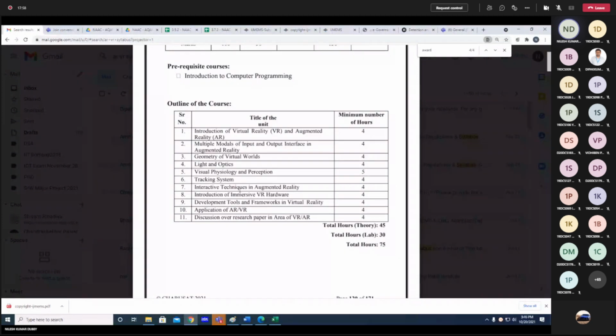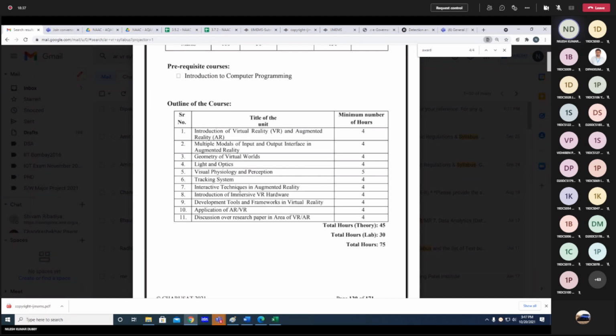Okay, so this subject is fully based on the development field, that is, how we can develop a 3D world. In theory we will learn the mathematical side of that. If we have to make an object, how can we design a 3D object? Here everything will be through the matrix only. So we will learn matrix orientation, matrix transformation, matrix rotation, and matrix shearing, because everything will be designed in such a way that it is represented mathematically in a matrix. So that will be part of it.